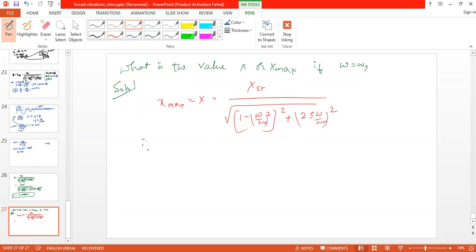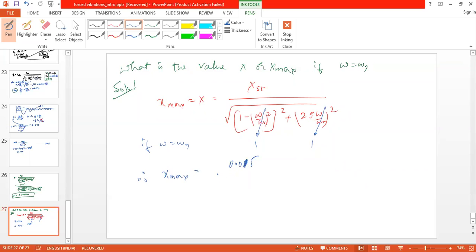And if omega is equal to omega n, then this term will become 1 and this term will become 1. Therefore, x max is equal to